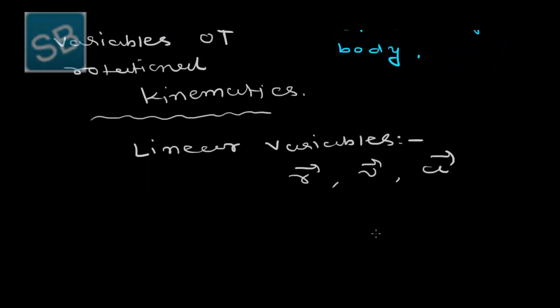But when all the particles of the rigid body are to be considered, then the rotational variables may be used for the entire body description because all the particles are invariant inside the rigid body. Now we will solve an illustration related to this particular